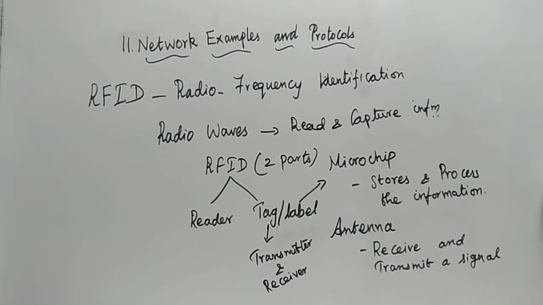So from where is this tag going to send all the information? From its memory bank, it is going to reply with the information. So this tag is going to have a memory bank. In this memory bank, all the information regarding that object will be stored, and from that bank, the tag will be able to transmit the information. And what is the task of the reader? The reader will read all the information in the tag and send it to an RFID computer program. So are you clear with the basic concept related to RFID?